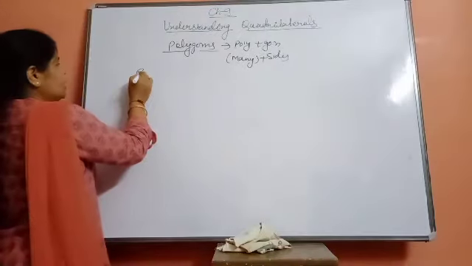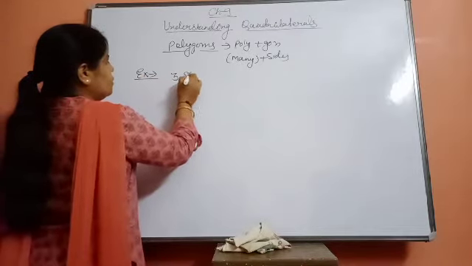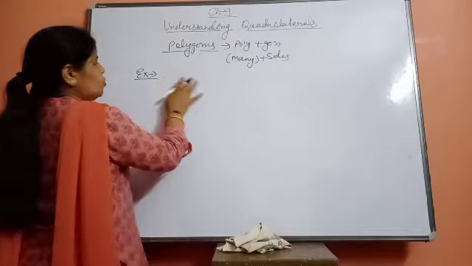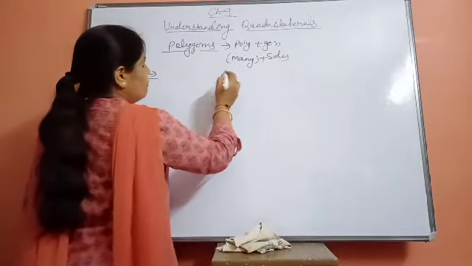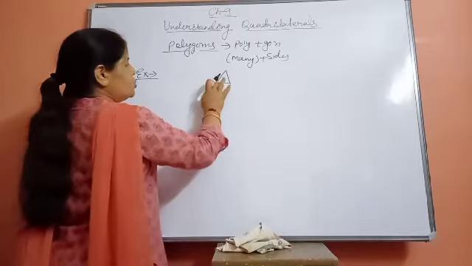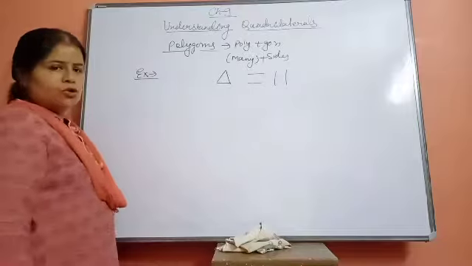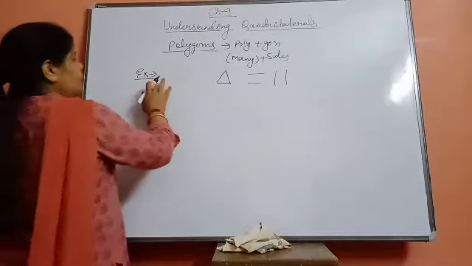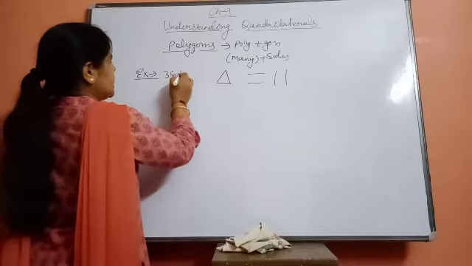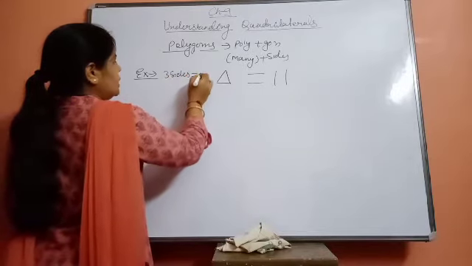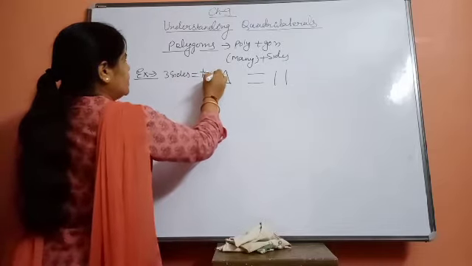For example, let us take three sides. The first closed figure is one with at least three sides. By two sides we cannot make any closed figure. Can we make any closed figure by two sides? No, it is not possible. So the least figure that can be closed will be of three sides, and for three sides we say the figure is a triangle.